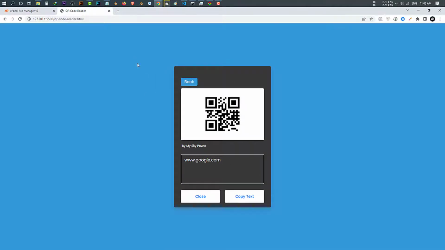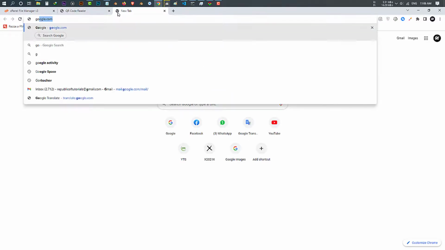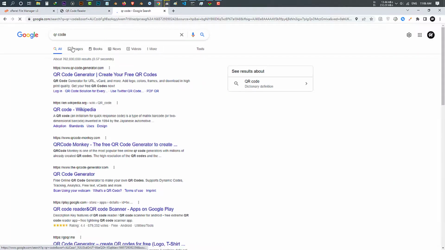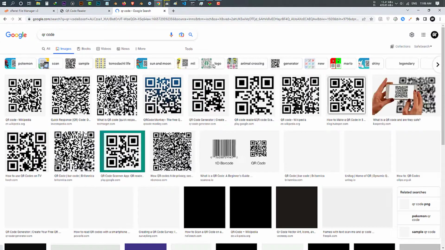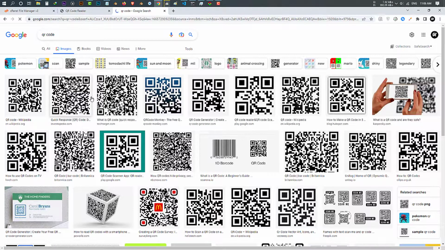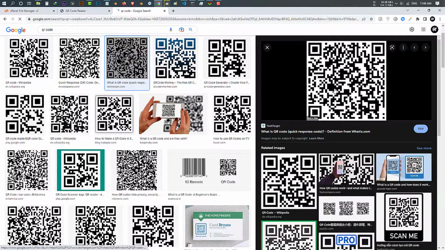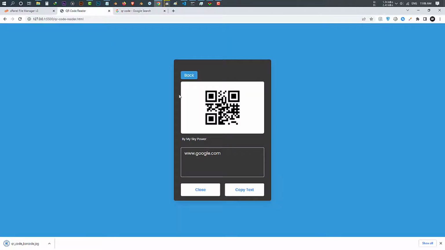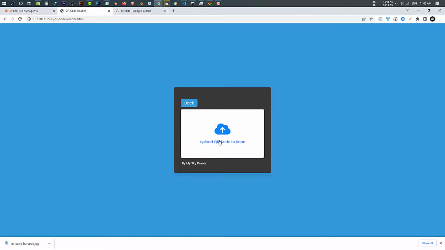Now let's try a QR code from the internet. Let's go to Google, QR code. Let's download a QR code, a random one, for example this one. Let's save this one and let me just close this one and